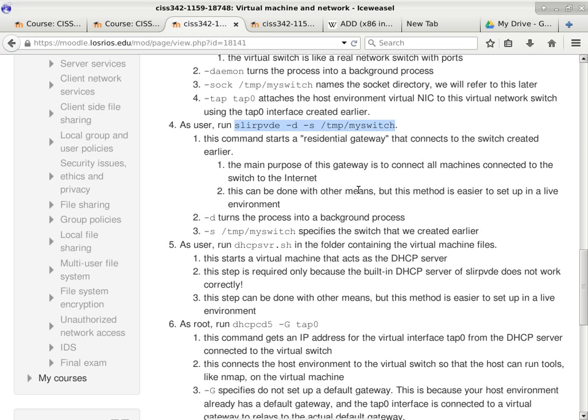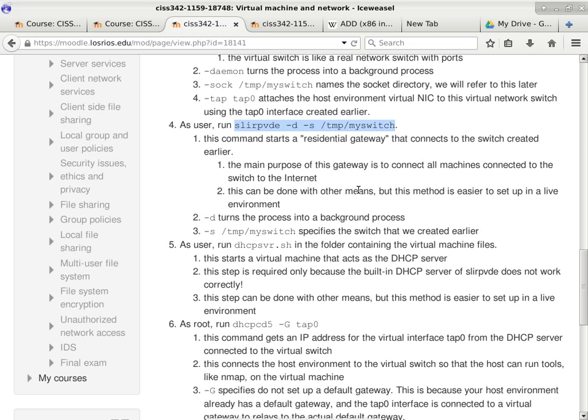All right, so we have a live environment, which is a particular system. We use TUNCTL, tunnel control, to create a virtual network card. So we have a TAP 0, which is a virtual network card. It doesn't actually correspond to anything physical.